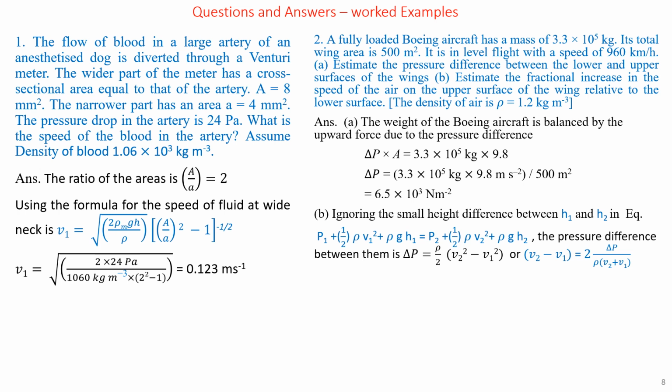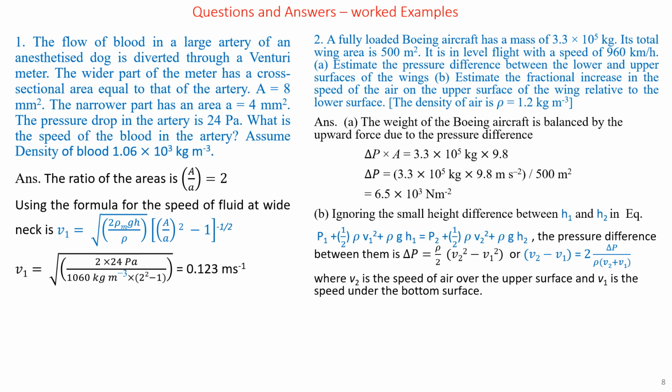Simplifying and solving for V2 minus V1, using the formula (A plus B) into (A minus B) and retaining A minus B on the left hand side, we get V2 minus V1 is equal to 2 into delta P divided by rho into (V2 plus V1),